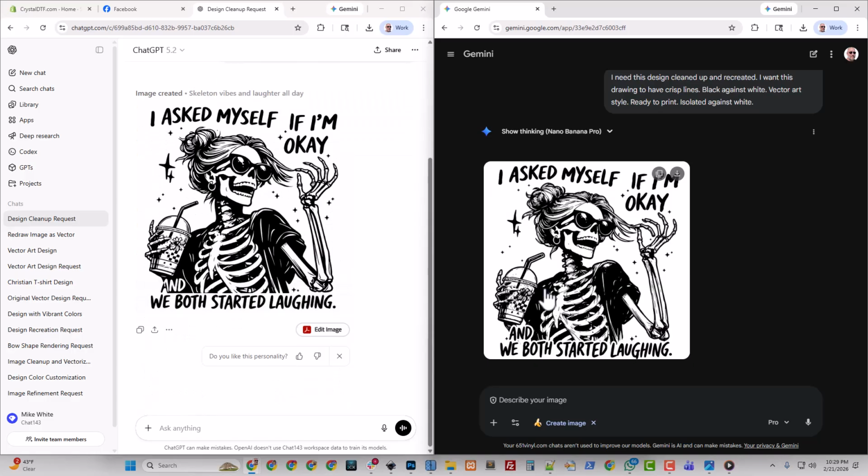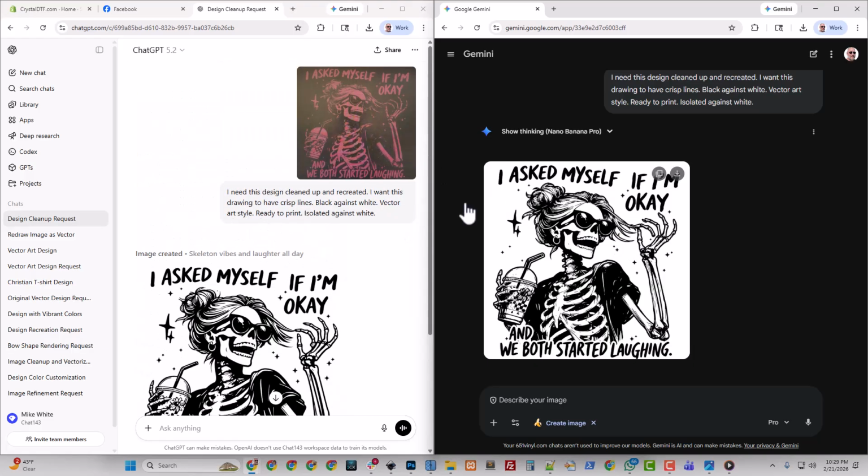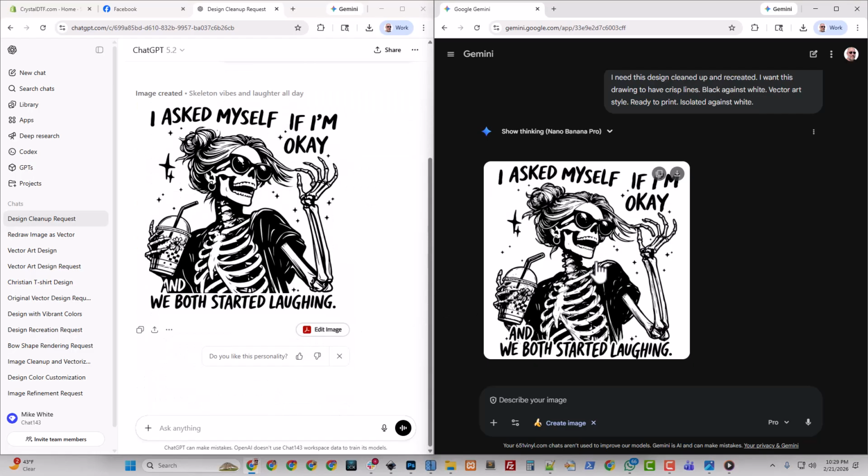Gemini has won this, right? Both are good, but in this case, and I don't find that often, Gemini's kind of put some twists in the hair. I think it's picked up more detail. So Nano Banana Pro versus ChatGPT, which I don't even know what engine it uses. I think Nano has won.